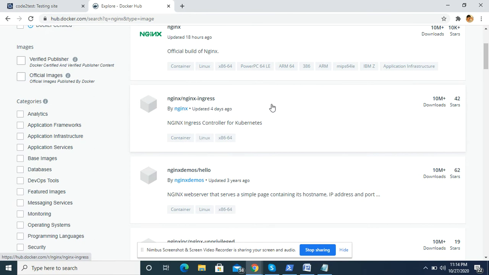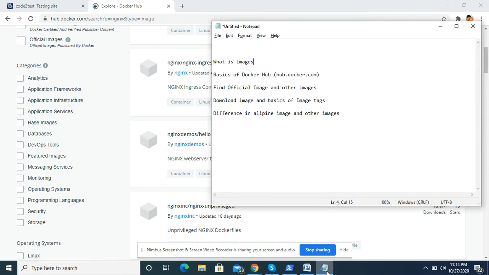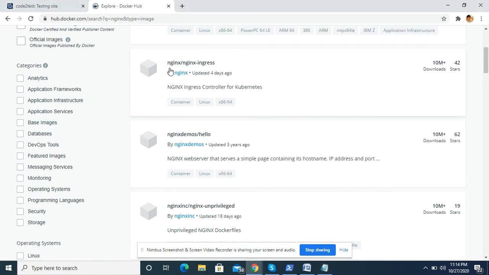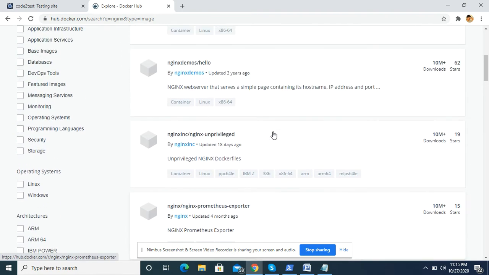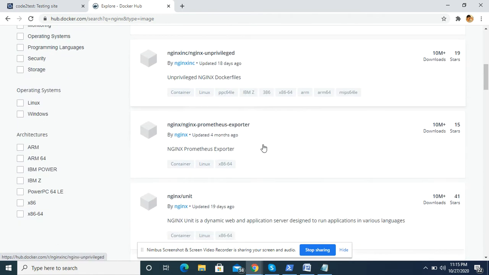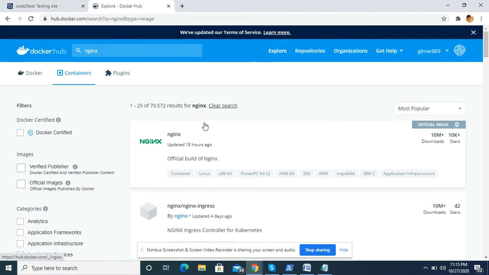Someone has pushed their code, they are basically an account ID or a company ID followed by Nginx images. So these might be customized images, or some work has been performed on them. So these are pulled images. The best option we generally take is the official image of Nginx. Okay, just click into this Nginx image.